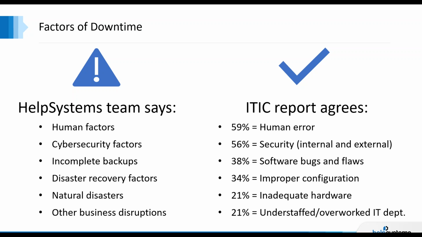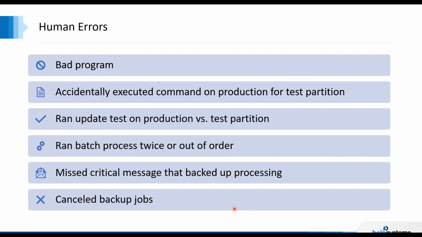All right, so let's talk a little bit about both of those. Let's talk first of all about human errors. So what are some of the human factors? Well, first of all, right at the top of the page, let's face it, all programming has bugs. You can only minimize the impact by being proactive with your detection and repair of those issues. So monitoring is really critical there.